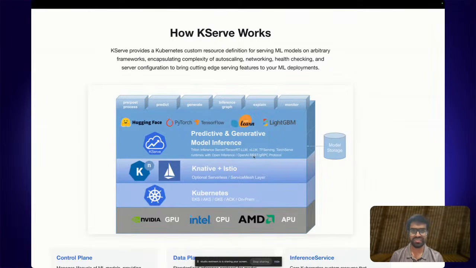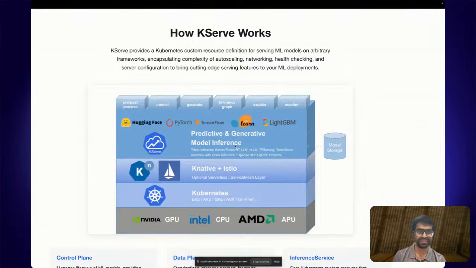So what we can probably see is that, as the predictive and generative model inference, it says that it has a Triton inference server, or it has support for VLLM serve runtimes. So we can probably think of this as, let's say, the control plane, because it handles your model storage, and it also handles the rollout strategies.